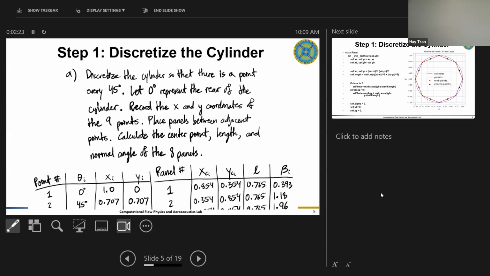So we'll have our 9 nodes around the cylinder, starting from 0 degrees, which is the rear of the cylinder, and we're doing increments of 45. Every increment of 45, we'll put another node or point. Therefore, we'll have 9 points around the geometry, and the last point and first point are overlapping each other. Because we have 9 points, every adjacent pair of points becomes a panel. As a result, from 9 points, we'll have 8 panels, and I have listed